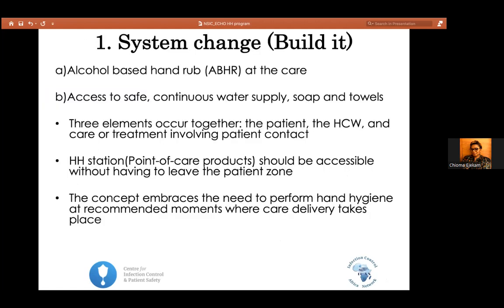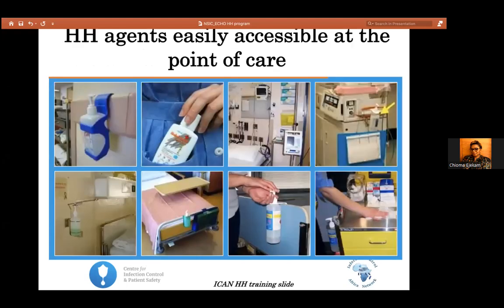So taking it one by one, for system change in building it, in setting up a hand hygiene program, we've mentioned earlier, you need to have alcohol-based hand rub at each point, with the water continuously available. And at the core of having the system change, there are 3 elements: the patient, the healthcare worker, and the point of care, which I'm going to put up as a photo right now. So these are different photos of having your alcohol-based hand rub at different points in the health facility, okay?